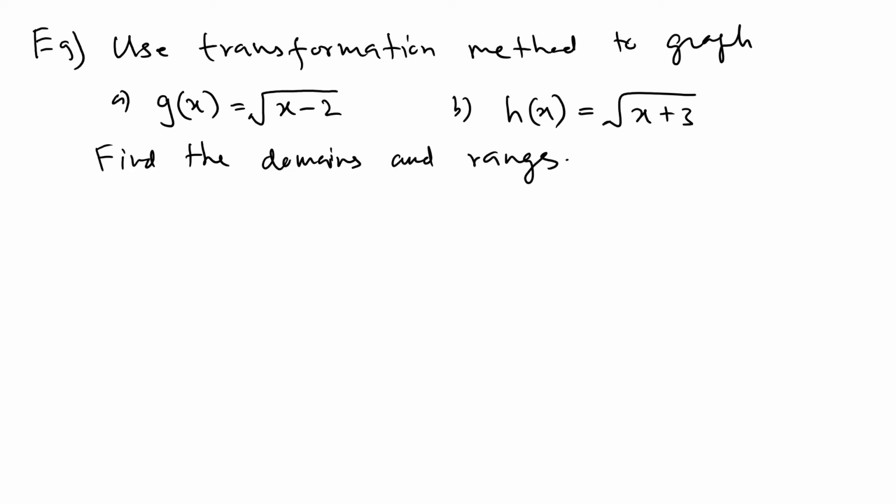Okay, so let's answer. The first one, what happened? It is x minus 2. So according to theory, you move the original graph to the right by 2 units. So let's start like this. Let's say we know